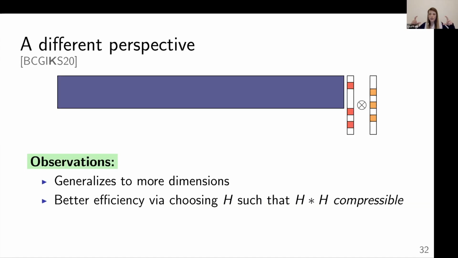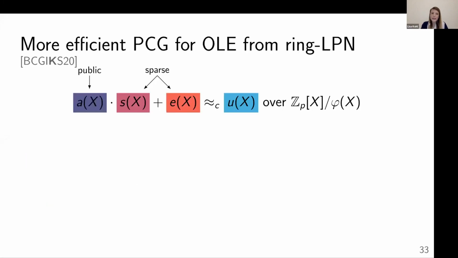So a lot of them are the same, and so you can just compress the matrix down and compress the tensor product down, and then have something that's more efficient. One way to do it is via ring learning parity with noise. This first looks very different, but the idea is